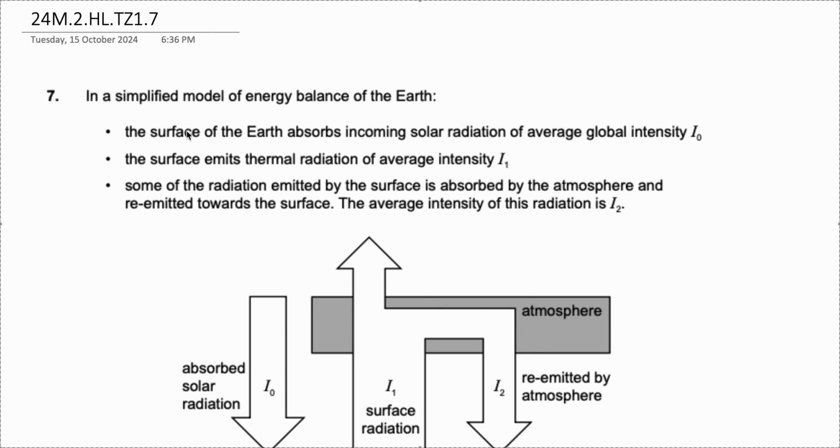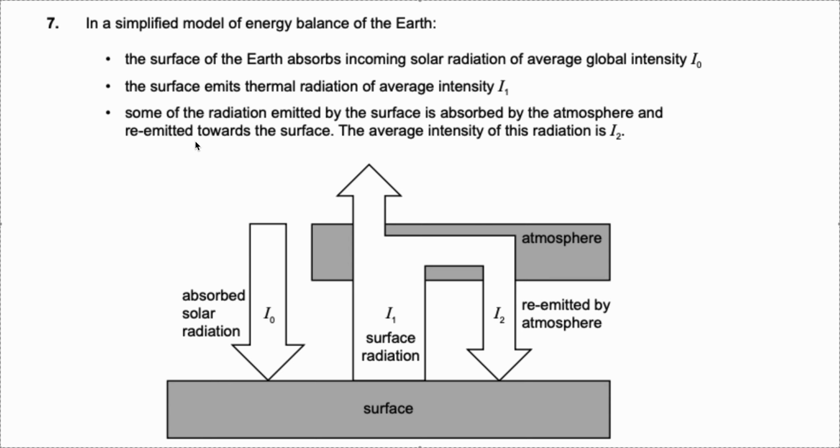Today we're going to be solving a problem from the IB Physics HL May 2024 examination. This is a paper 2 problem and it's from the time zone 1 paper. This is a thermal physics problem. Okay, let's get started. In a simplified model of energy balance of the earth, there are 3 bullet points that they